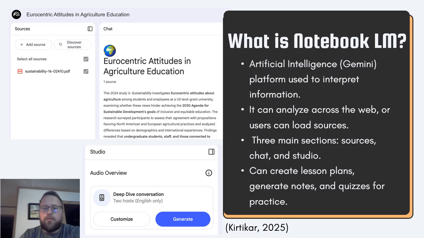So what is Notebook LM? To start, it is an AI innovation. Artificial intelligence uses large language models to synthesize or organize or even produce and generate information. Notebook LM is a little different than other large language models. It uses Gemini, which is Google's artificial intelligence program, to interpret information, with most of that information being the